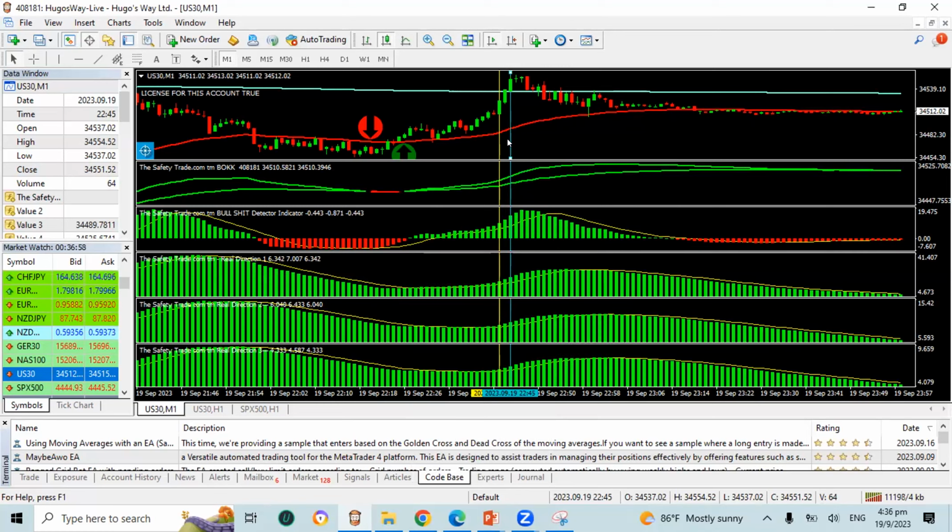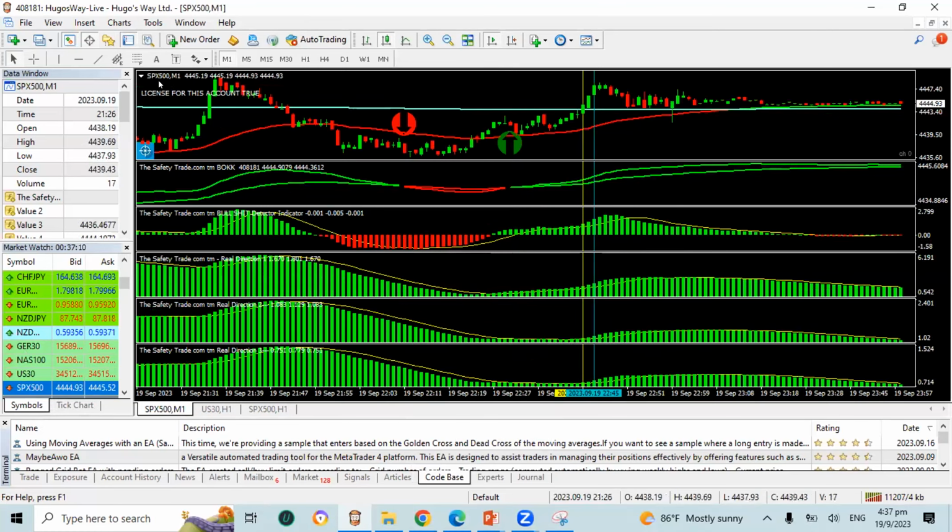I don't want this to move, so I'm trying to deactivate it. See the little squares on there? That means it's active. Okay, deactivated it. So let's go over now to SPX and we're going to drop it, right? See how I just dragged it? I just held it, dragged it, dropped it. And now we have the SPX that's over here. Now we're looking to see where SPX is at. And look, SPX also crossed the line.